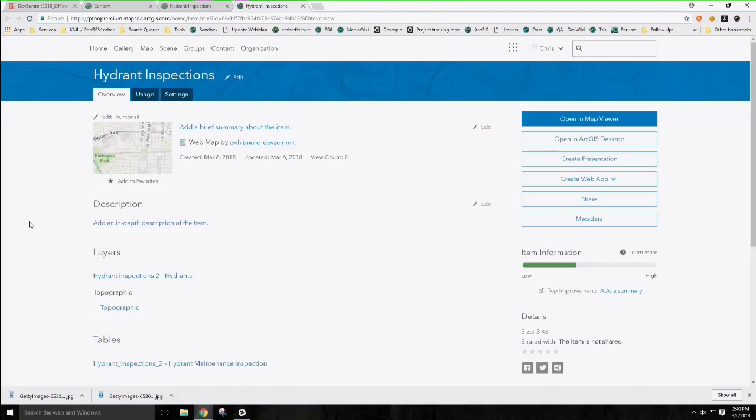You download and you set your work area, and then you can take the map offline, and it's really that straightforward. So it's really powerful that you can start with an empty layer and then get to a web map that's ready to go offline in 10 minutes and actually add seed data to that that your inspectors can then use. And it's really, why I did the hydrant inspections demo, it really is applicable to any workflow that you need to go offline. And the last thing I want to show is back on the hydrant inspections layer